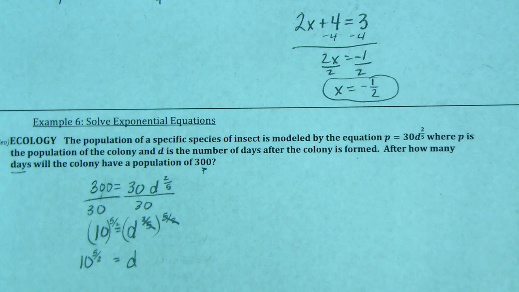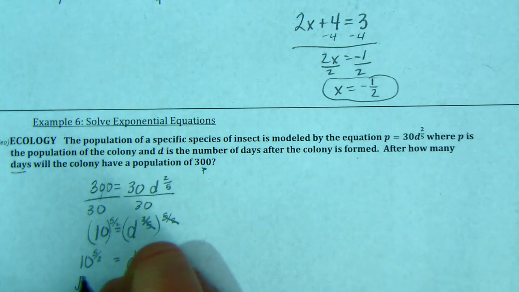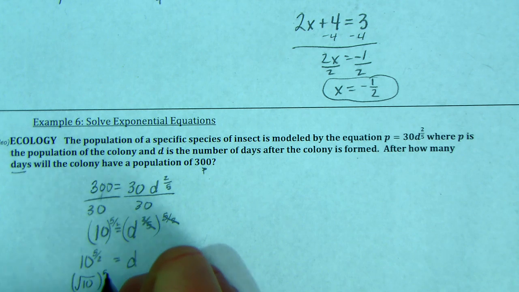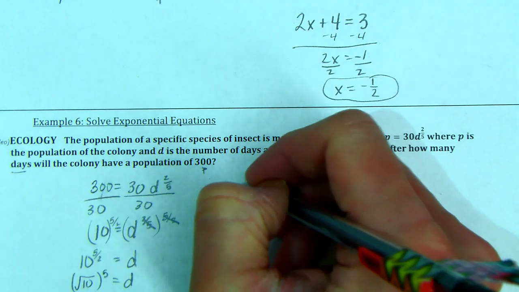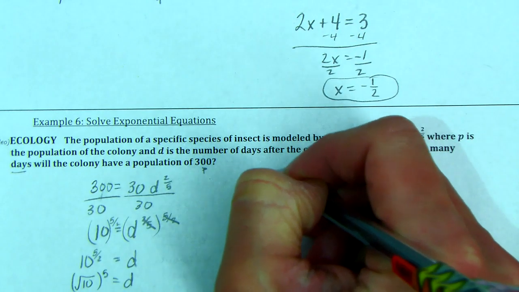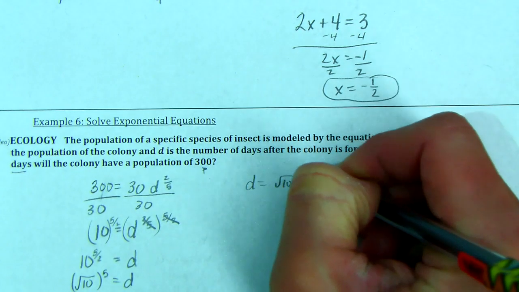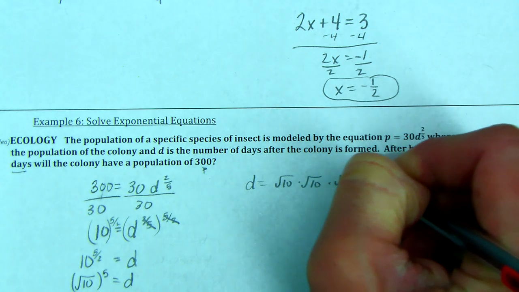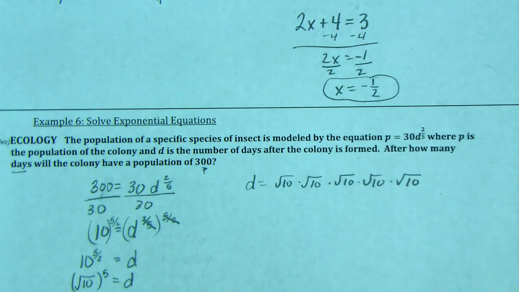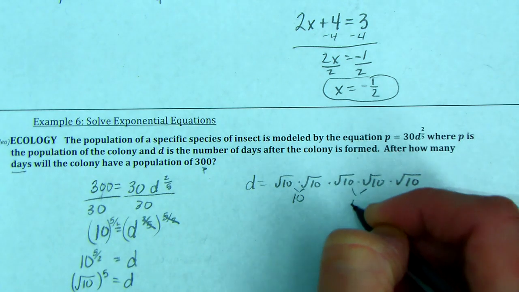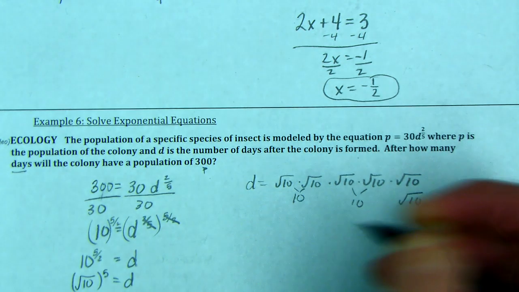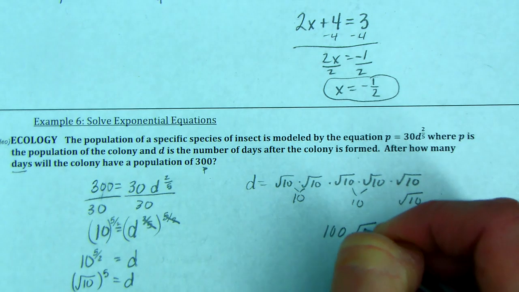All right, well, that is the square root of 10 to the 5th power. And if I'm doing my math, D equals the square root of 10 times the square root of 10 times the square root of 10 times the square root of 10 times the square root of 10. I know that this is 10, that this is 10, and this is the square root of 10. So 100 times the square root of 10,